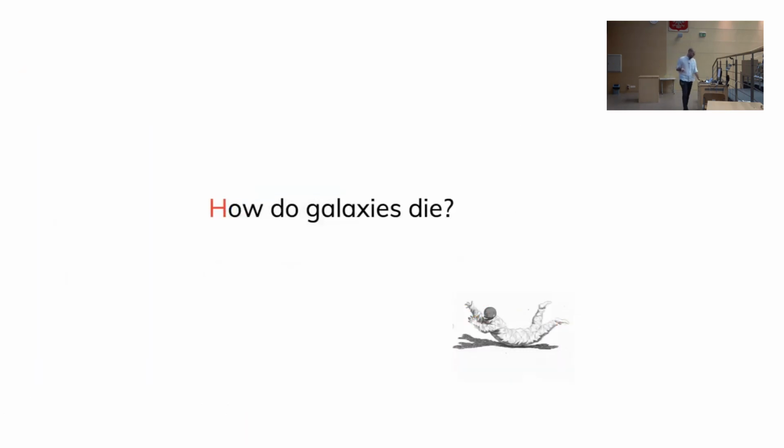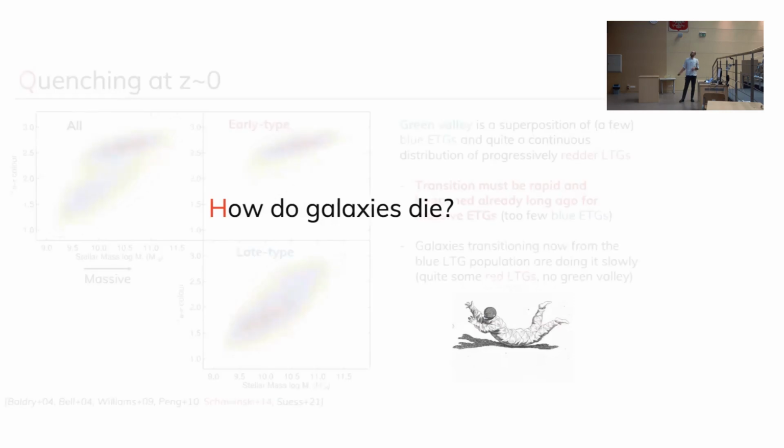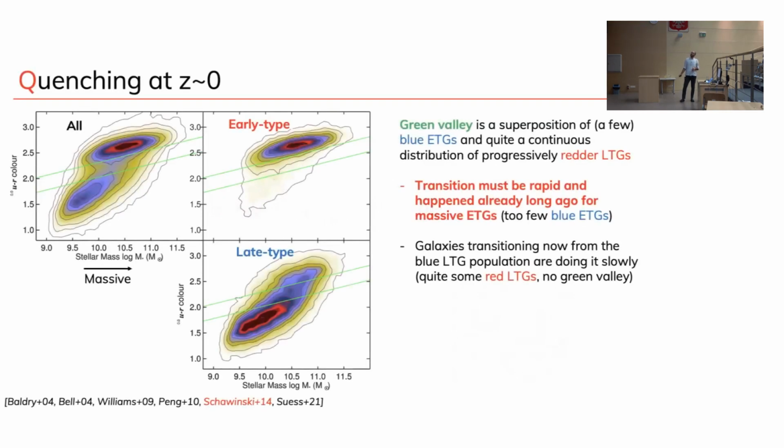Okay, the last part is going to be about what happens when galaxies fall below the sequence, how do galaxies die, where death here just means stop forming stars, or stop forming stars at the rate you would expect for your typical star forming galaxy on the main sequence. And back to this plot that I showed you yesterday. Well, we already have the spoilers, so it's not going to be completely new, but just to remind you, this is stellar mass, the massive galaxies on the right, and this is color. So red is up and blue is down.